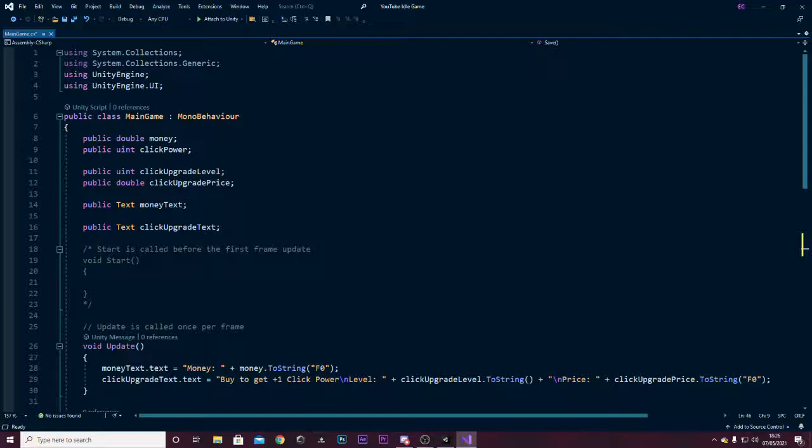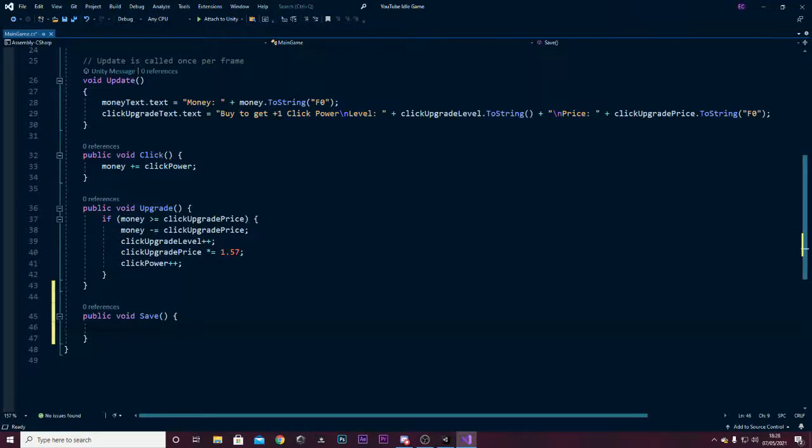If you're making it for computers, only certain things really should be PlayerPrefs. By certain things, I mean if you've got a massive multiplayer game, you obviously want your multiplayer currency stored safely, so players can't adjust their game save, especially in multiplayer. Usually it's saved to a server, but we're not going to get into that because that's really complicated stuff. So anyway, after saying public void save, we are going to then say